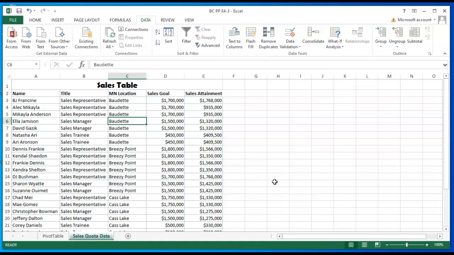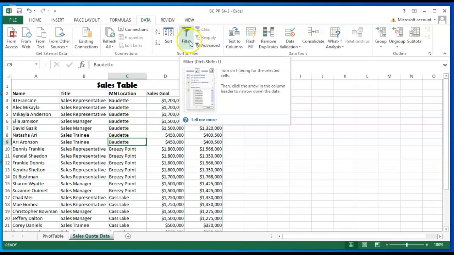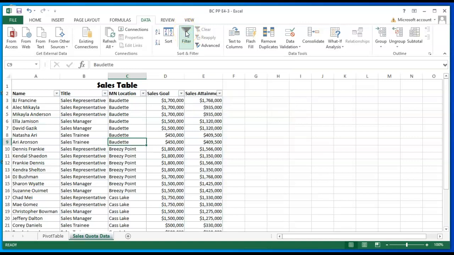Alright, so now we are on step 6, use a number AutoFilter. So we're going to click any cell in the data range and click the Filter button. That's this one that looks like a funnel. When you click that, all these little AutoFilter buttons show up. That's what these little arrow things are, next to each label in the header row. So click on the one for Sales Attainment right here